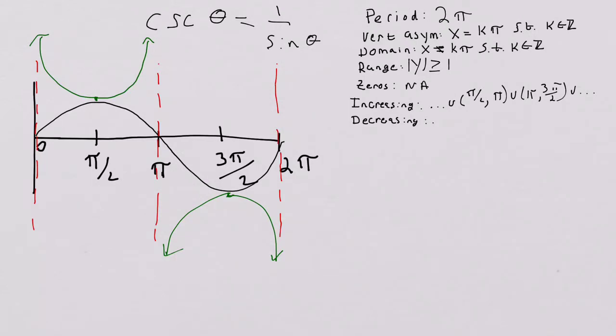We're going to go from dot, dot, dot, union. In this case, it's decreasing from 0 to pi over 2, union. And then it's also decreasing from 3 pi over 2 to 2 pi, union dot, dot, dot. Well, that's basically how you're going to have to write the increasing and decreasing, because it's